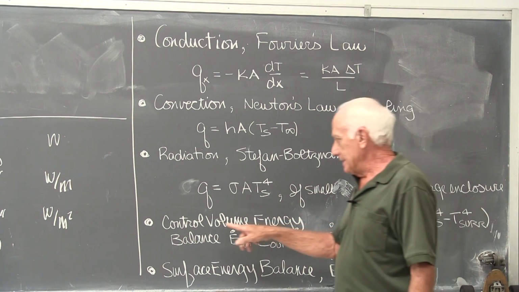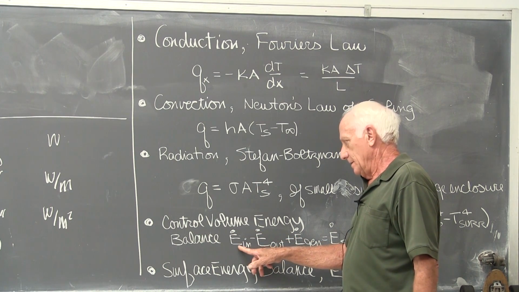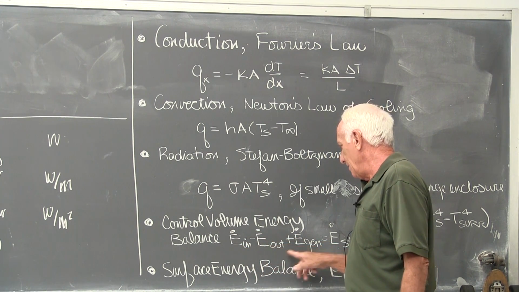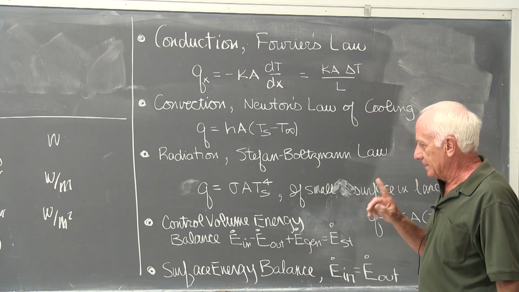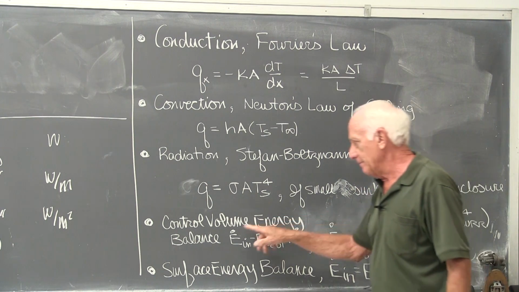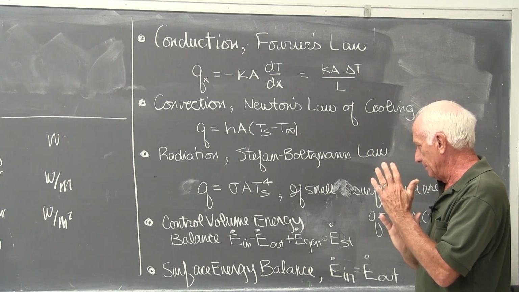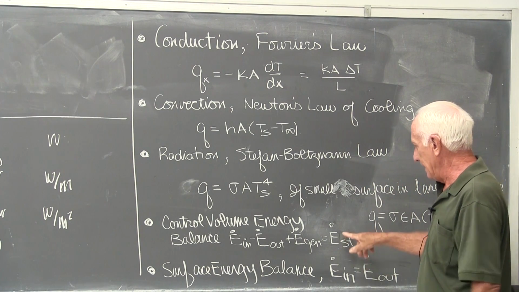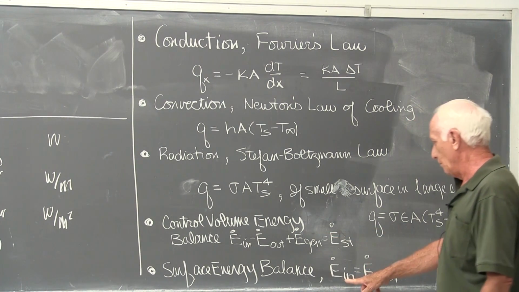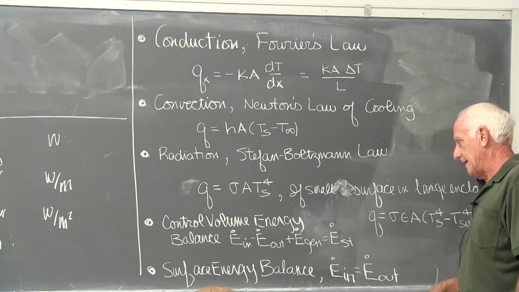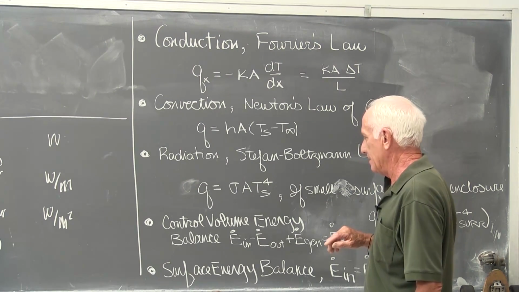And we ended up last time with 2 energy balance equations, one for a control volume, E dot in minus E dot out plus E dot gen equal E dot storage. If we look at a surface and not a control volume, but a very small surface, the surface is infinitesimally thin, the volume approaches 0, the mass approaches 0, so there can be no storage, it goes to 0. There can't be any generation, it goes to 0. We're left with E dot in must equal E dot out. So pretty much those are the basic equations from chapter 1.